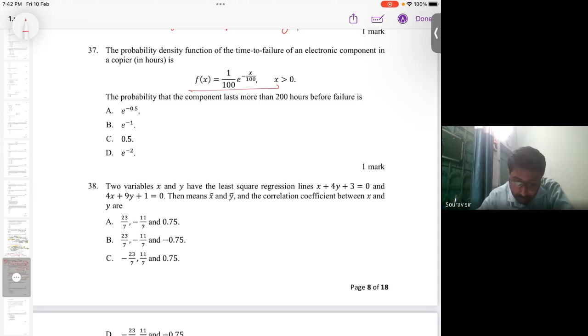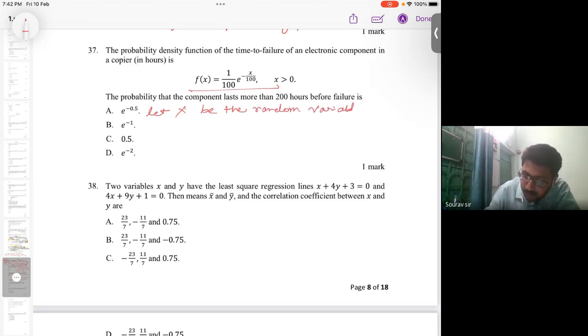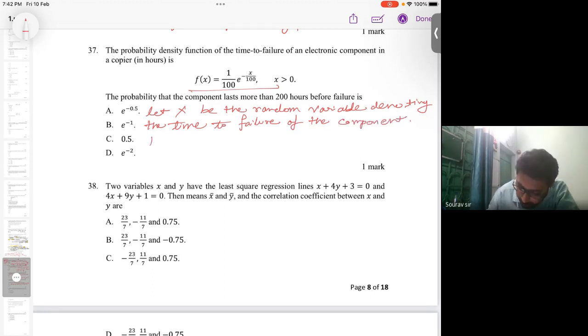So to find out this probability, let us assume that X be the random variable denoting the time to failure of the component. Okay. So the required probability